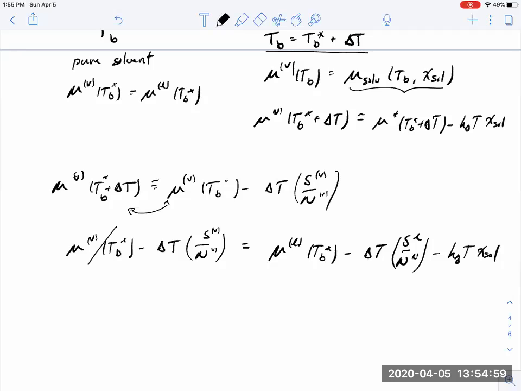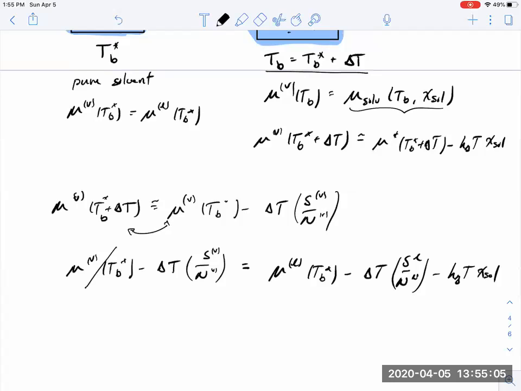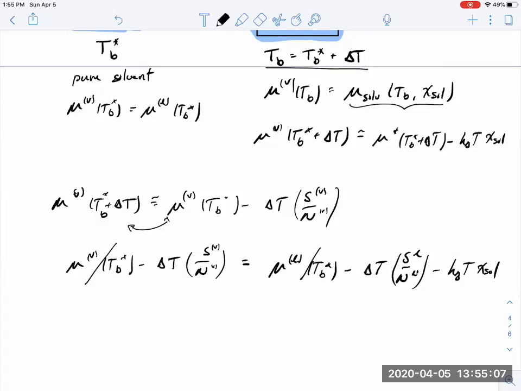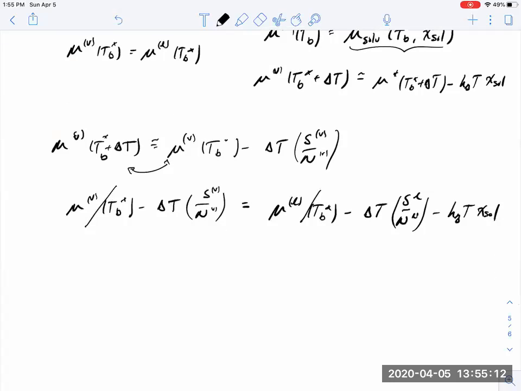In the pure phases at T_B star, that's where the chemical potential of the vapor was equal to the chemical potential of the liquid. So those two cancel. If I rearrange this, I will have that k_B T times the mole fraction of solute is equal to delta T, the entropy per particle of the vapor, less the entropy per particle of the liquid,